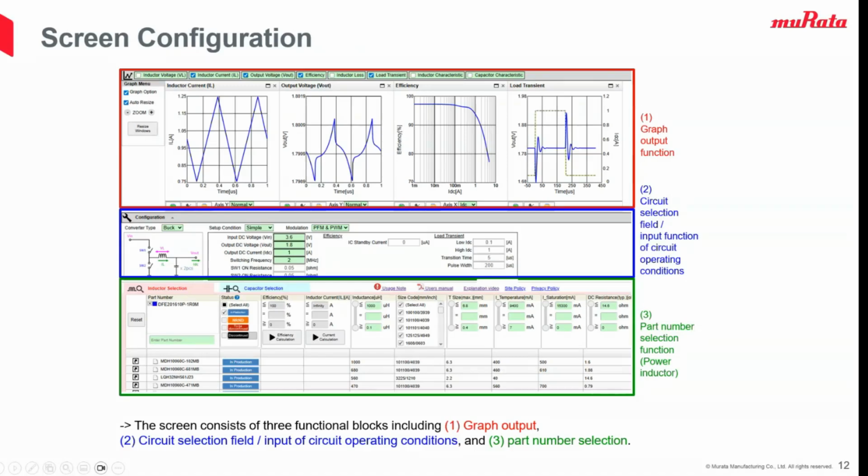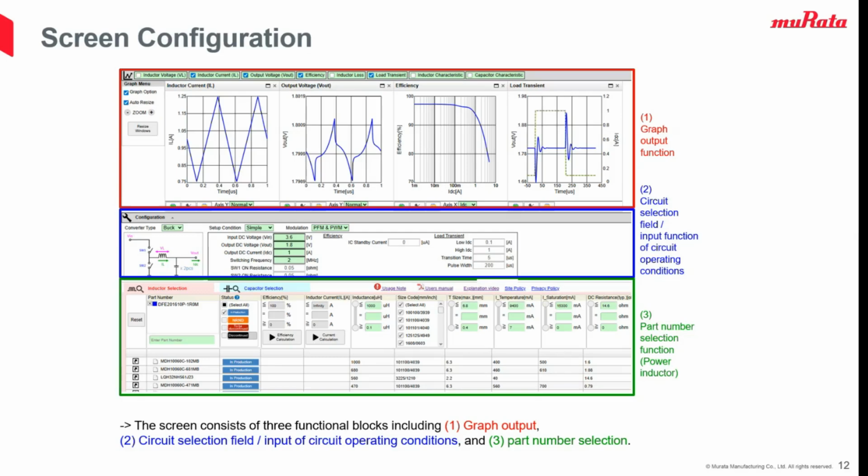As for what the interface actually looks like, I broke it down into 3 different sections. At the top, you'll have your graph outputs where you can see results like inductor current, output voltage, efficiencies, transient responses. In the middle, you'll see operating conditions where you can set things like input voltage, output voltage, your switching frequency, your actual load. And then at the bottom,